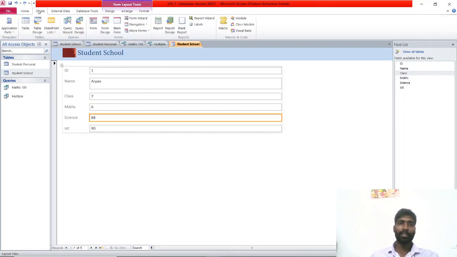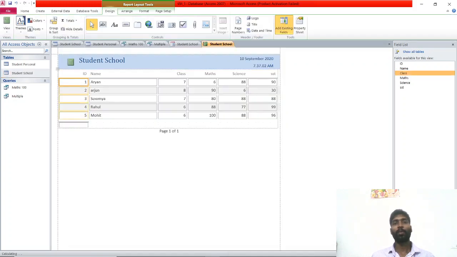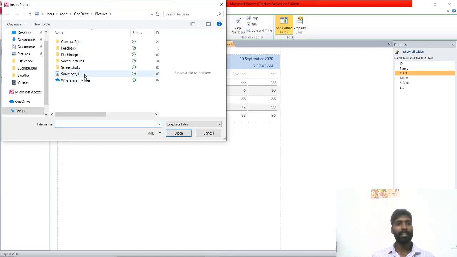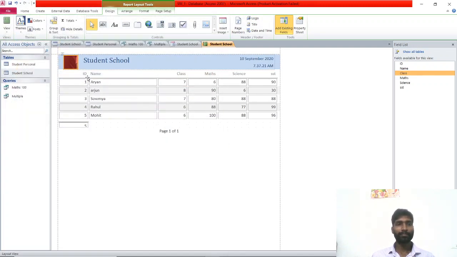Now report, same create. Now we can see the report here. So before selecting a report, first you select the table. Same, I am going to select student school and report. One click, over. Now the report is created. So formatting is a simple thing: how to add page number, title, logo. If you want to give any title, you can give. Logo, same, it is opening; same file I am going to select. Okay, so these are the things.